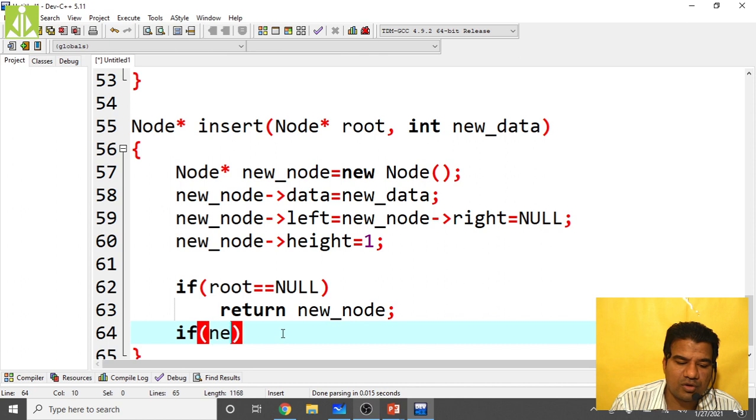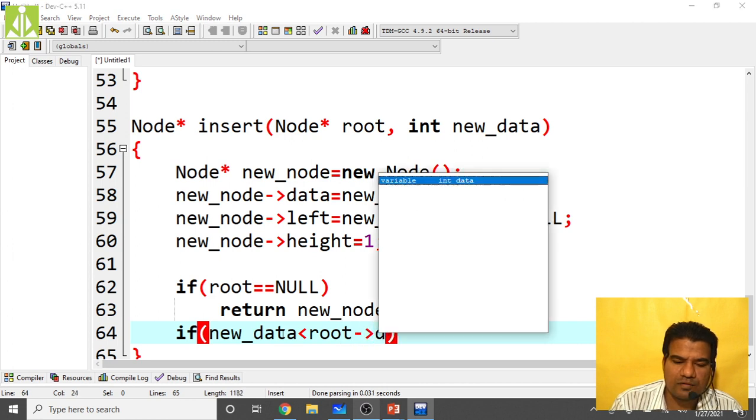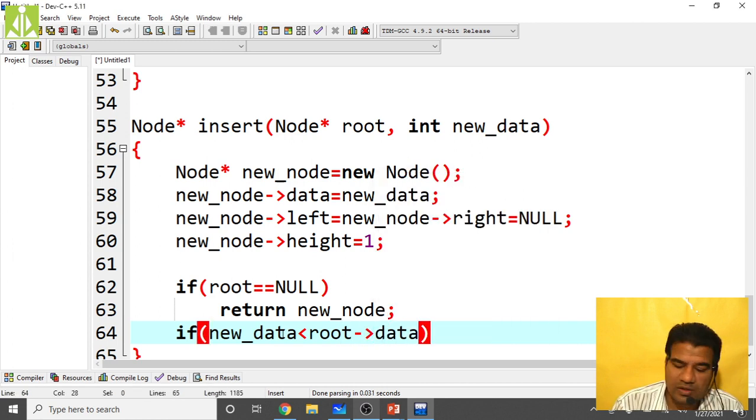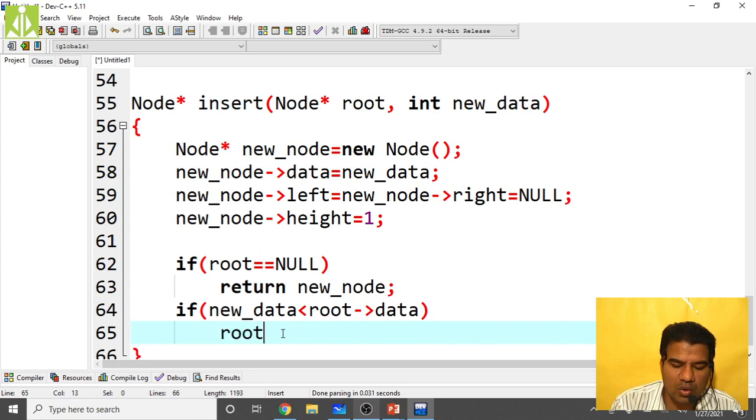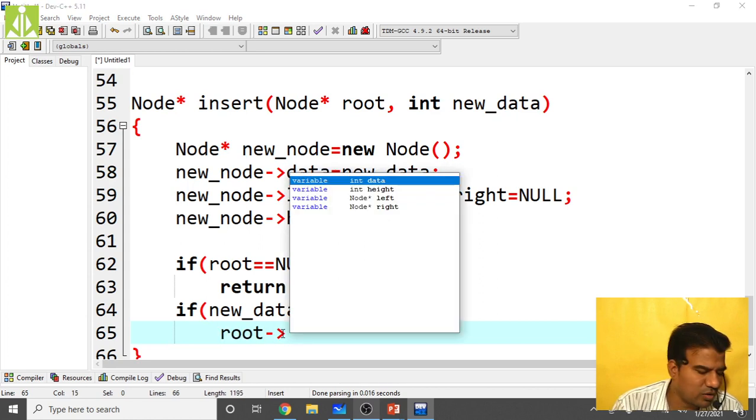If the new node you are inserting, new node of data or new data, both give the same meaning, if new data is less than root of data, that means when the root is not empty, then we move in the left direction. If new data is greater than the root, we have to move in the right direction.